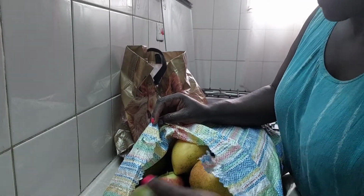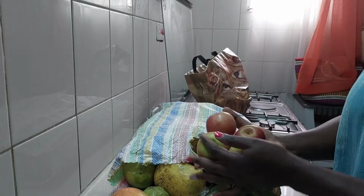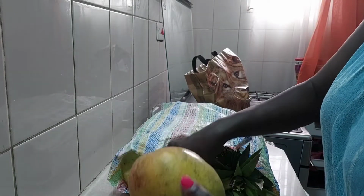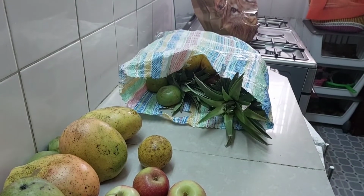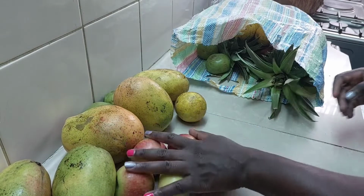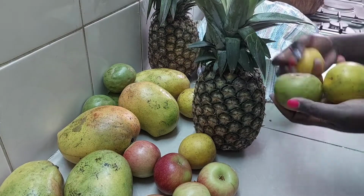So we have, confirm whether you can see. We have apples. We have white sapota, like I called it last time. We have mangoes. We have oranges. I think I have to bend the camera because I might be assuming you can see and you're not seeing. So we have apples, we have some mangoes, we have white sapota, we have pineapple, we have oranges,